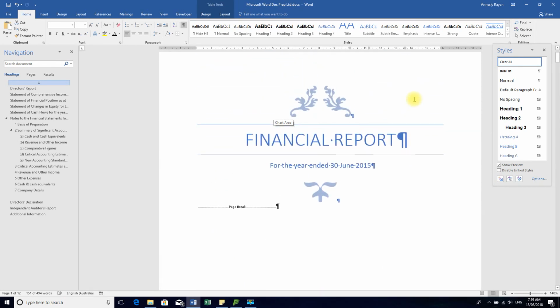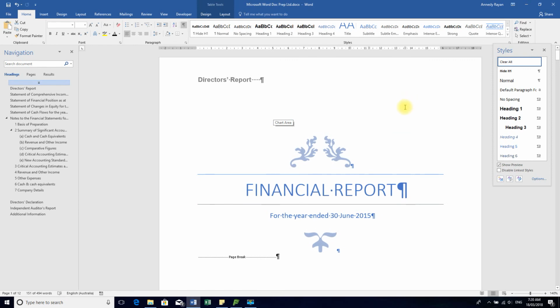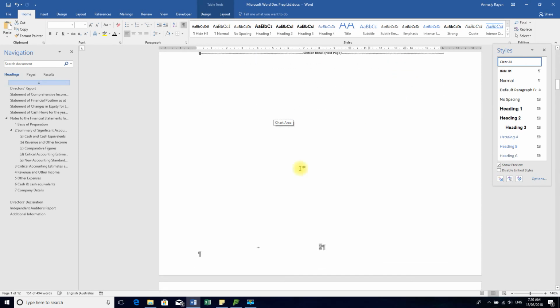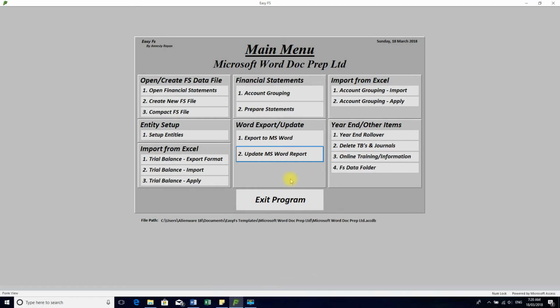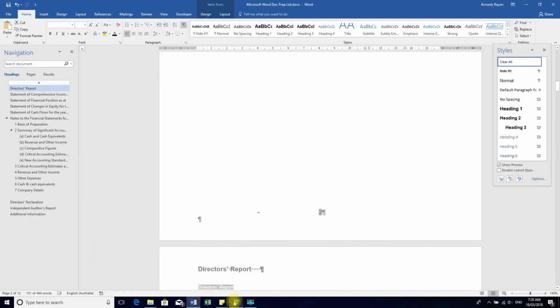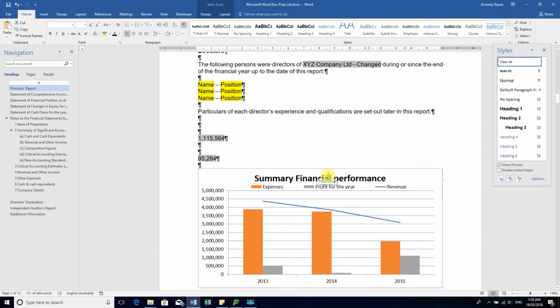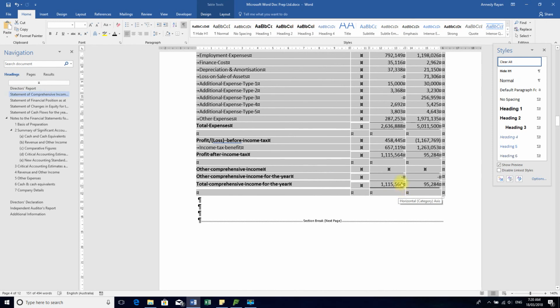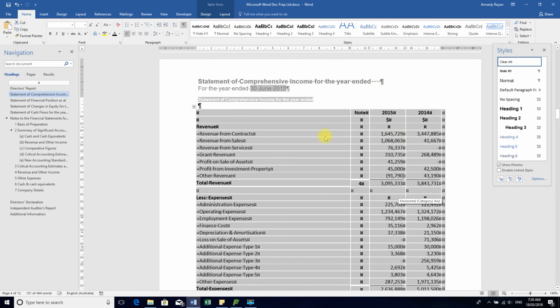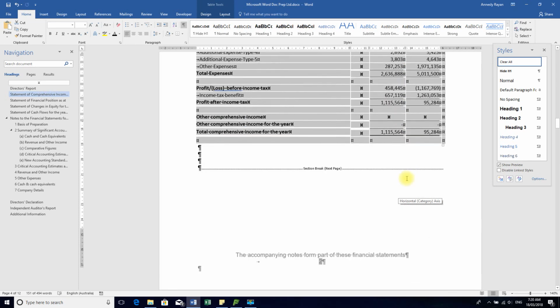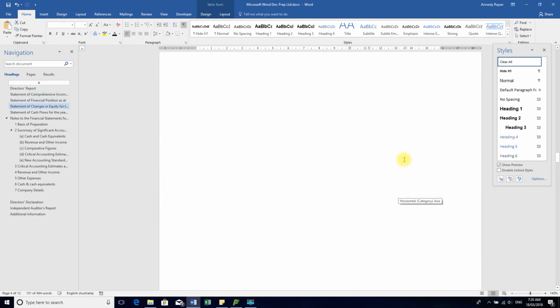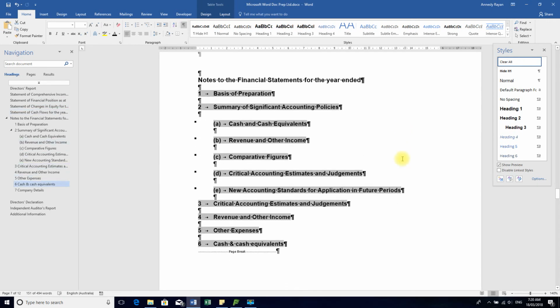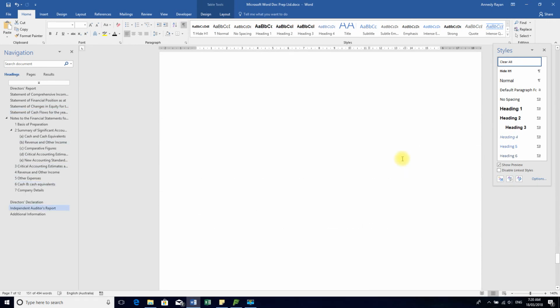Okay, so as you can see now, you can just go and work on your statement after you've done your template, and then get the figures you want and just update it. So let me just get back to here, see what else did it change here. It changed the profit there, so it changed the revenue. So that's one of the revenue accounts I've selected, so it's going to change that. Likewise, it will change your notes, it will change and update everything to take effect of what was the change. This makes the preparation process very quick,